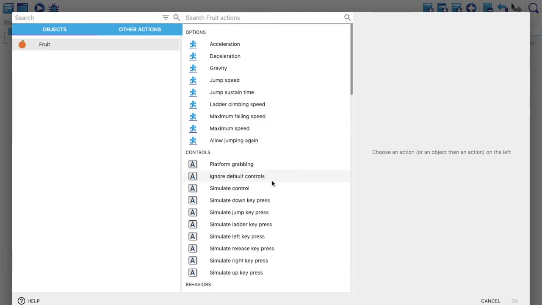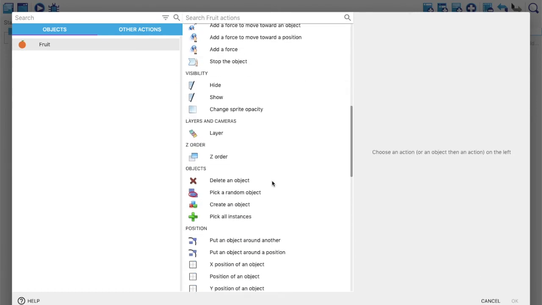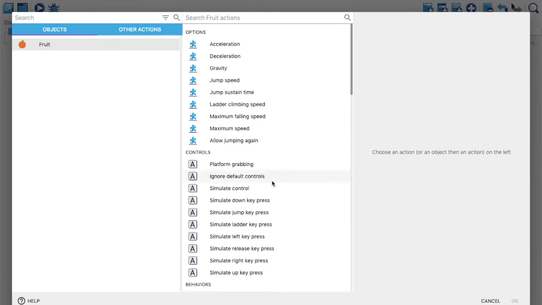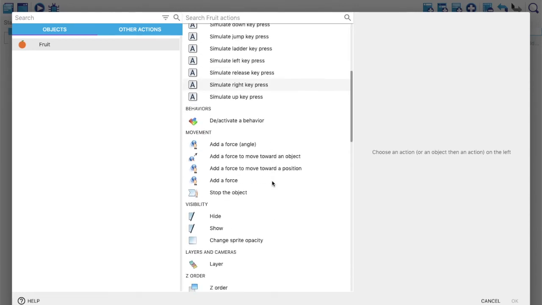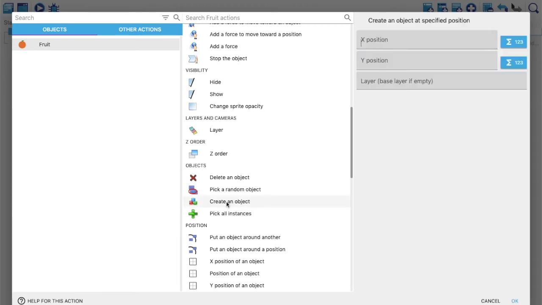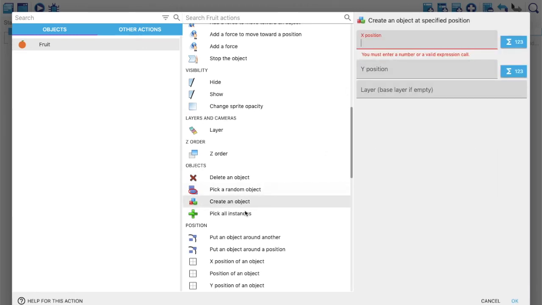So let's take the fruit, and what we want is for these fruits to get created first of all from different places, right? We're not going to add them manually one by one on the screen. That really doesn't make sense. So you will go on fruit, you'll go on create an object. Now when you click on create an object, it will ask you at which position you want to create that object. So I want to create it randomly.